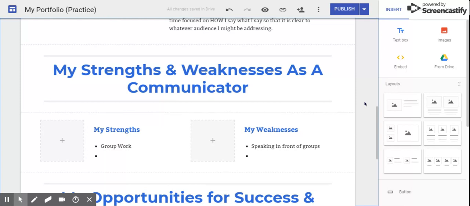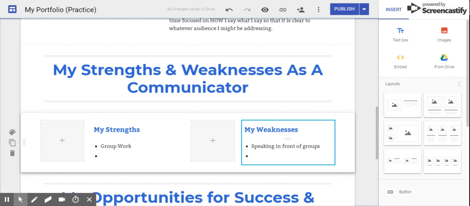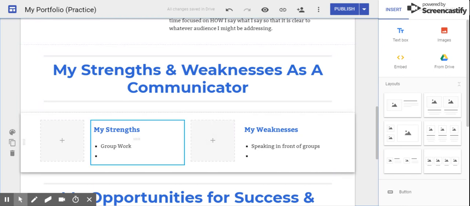Are you good at that, or is that something you need to work on? When you think about presenting in front of groups, is your eye contact something that's good? Is your volume something that's good? Again, as I'm going through and mentioning these, feel free to stop the video as much as you need to. And I really want a good long list for both of these areas of things that you think are your strengths and things that you think are your weaknesses.